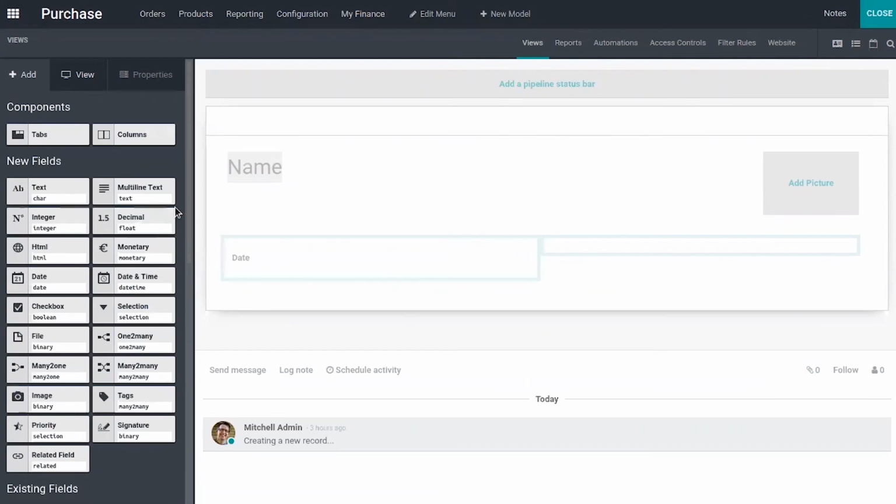So in the same way, you can drag and drop elements to the views.